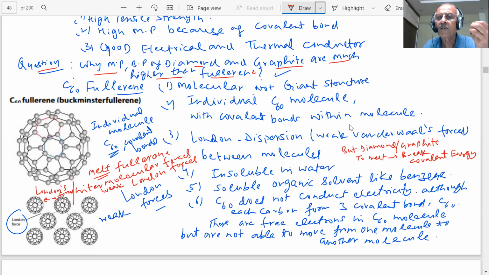Our purpose is to decode each and every line of the book. Our purpose is to make sure that you learn chemistry, students. Chemistry is a science subject. It must be learned as a science. We are not forcing you to cram or mug up things. That is not my objective.